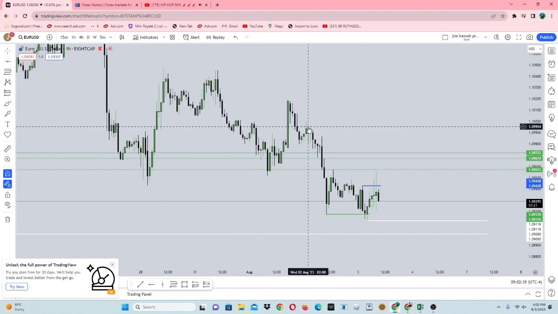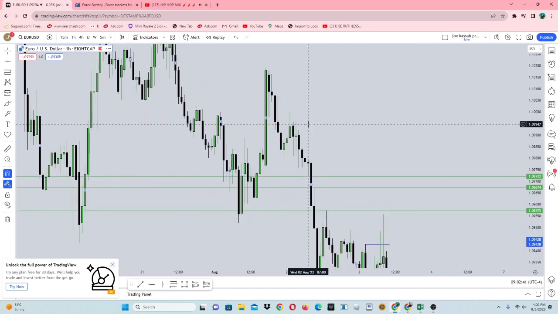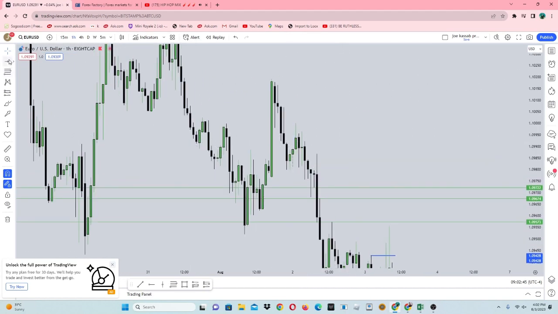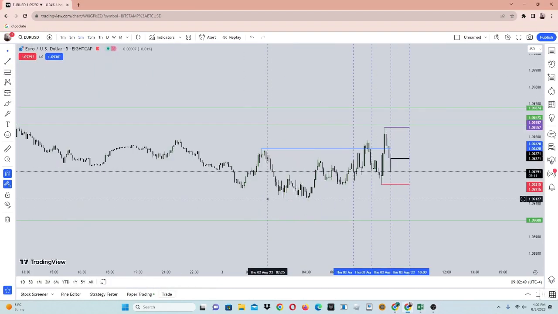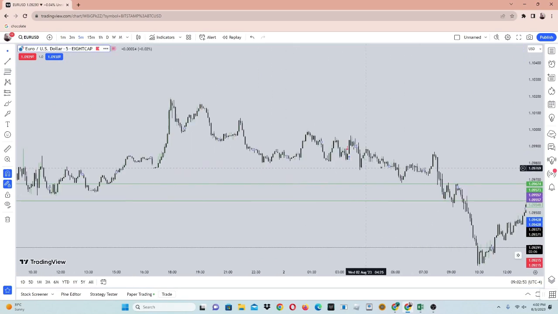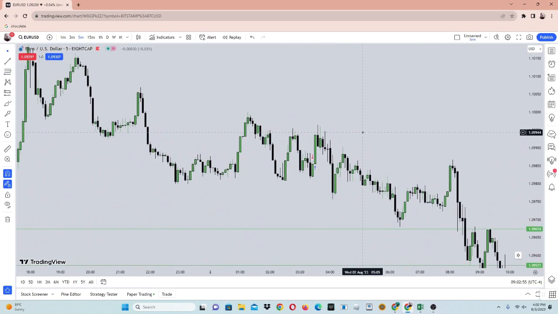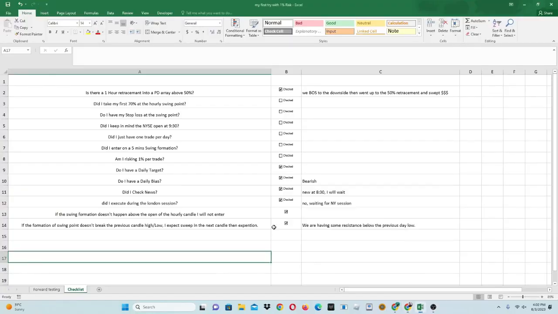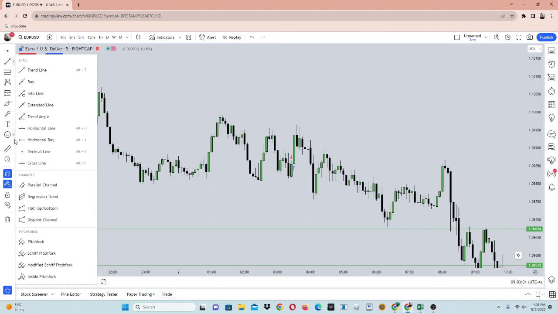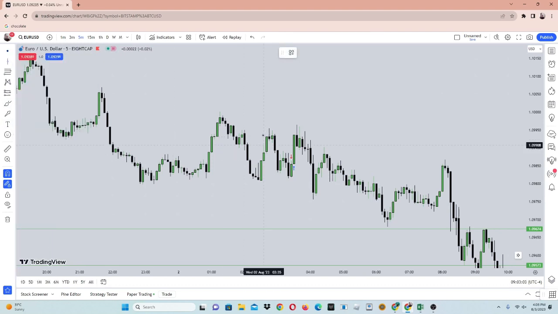I took it on Wednesday, yes. I took it right here. So what happened is we had a swing formation, and I was trying to enter the trade. So on Wednesday, right here, as you can see, these two rules I added will help me a lot. So we had this swing formation